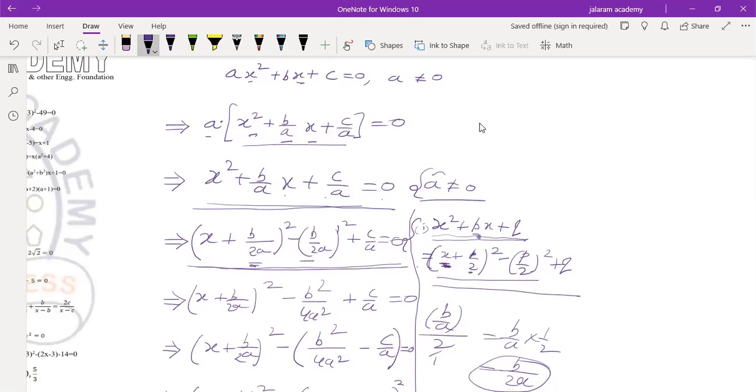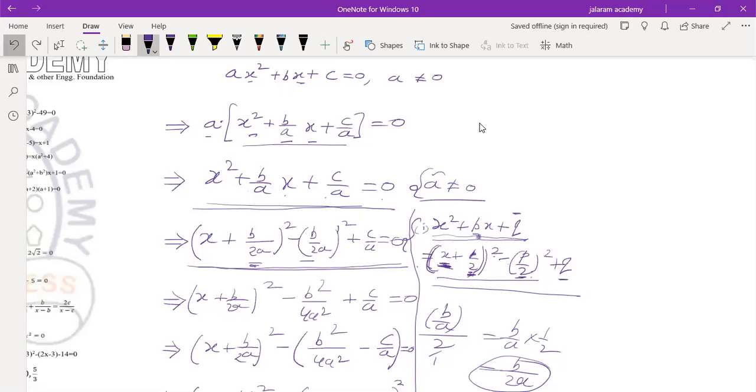If the coefficient of x is p, we will write p by 2. Means we will add p by 2 to x and write them inside the bracket, x plus p by 2 whole square, minus this p by 2 whole square will also be subtracted. And this q, which is the third term of the quadratic expression, will be written as it is. So we will use a similar method to factorize this one.